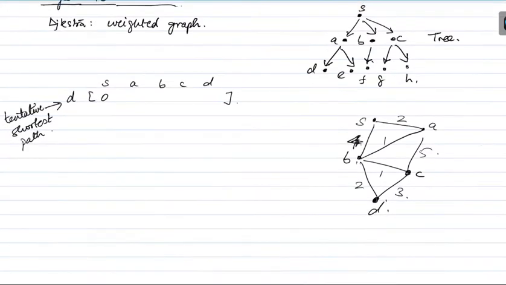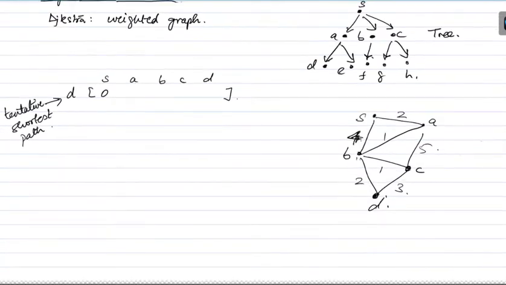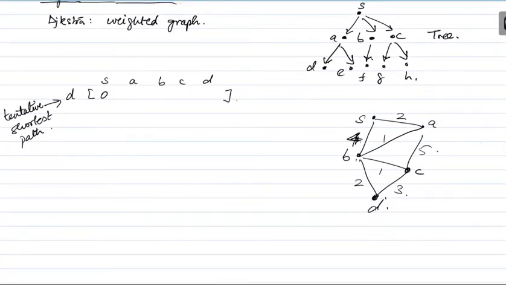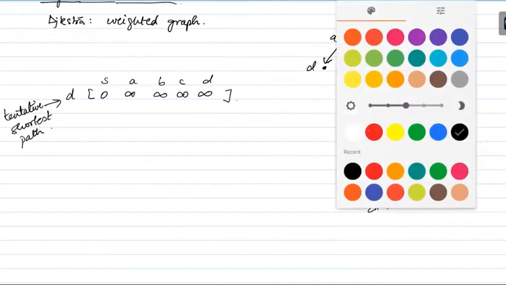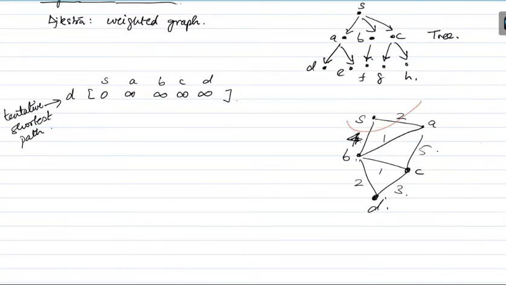And you can maintain the path with some backtracking, as you typically do in a dynamic program. So we're going to set this to 0 and all of these to infinity. Now I'm going to examine the cut, which separates, just like I did in Prim's algorithm. I'm going to maintain a vertex set, which is initially just going to have S. Now I examine the two edges going out of S and perform a relax operation